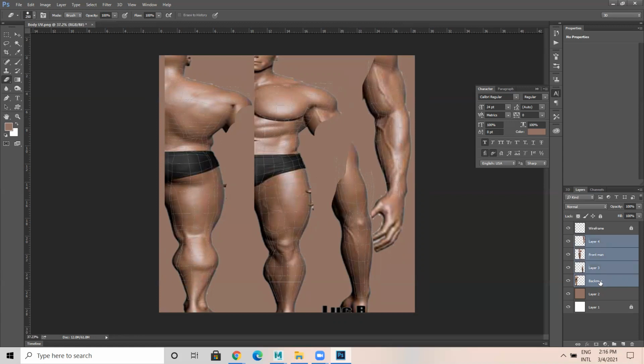Yes, sir. So now I'm selecting all the images which I have pasted, and I'm going to merge this. Control E for merge, and I'm taking the clone stamp tool. I need to pick the color from here and patch this.